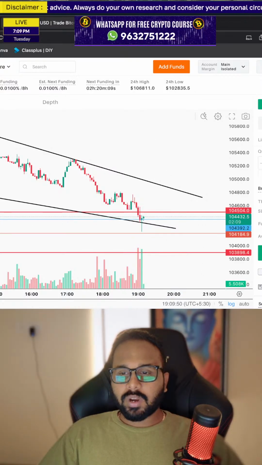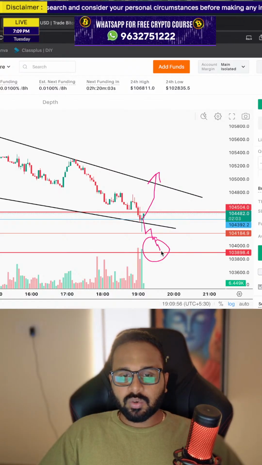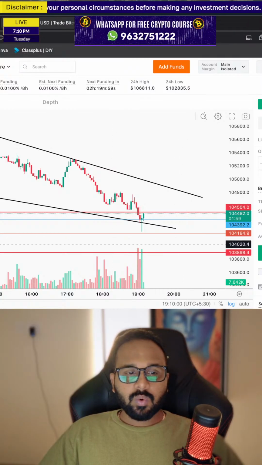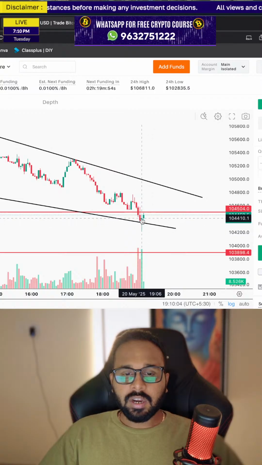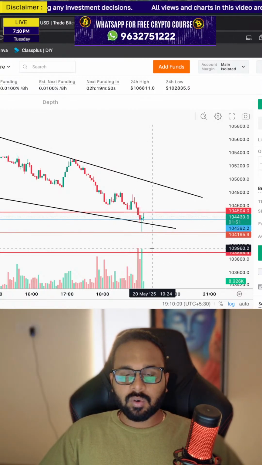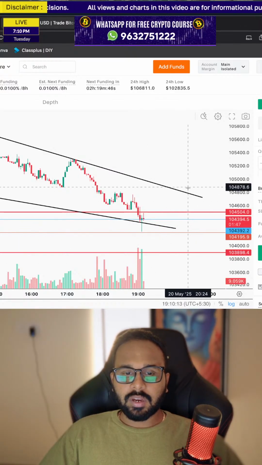But one problem I am having here is, from here only if it reverses, good. But if it comes down from this zone and then reverses, I have to give more stop loss. So that is why I have reduced my risk as much as possible in this trade, so that next time, if by chance market comes lower, if I want to enter, I can re-enter the market. Okay,